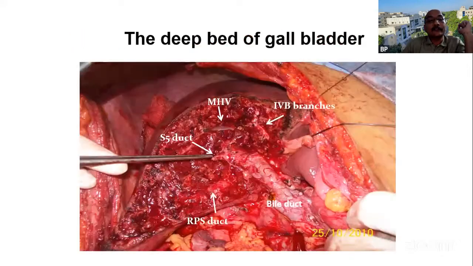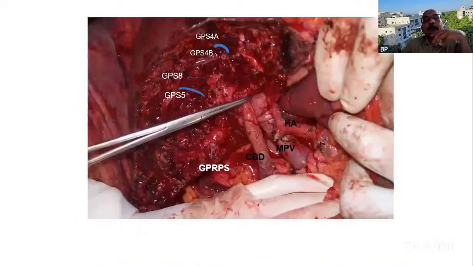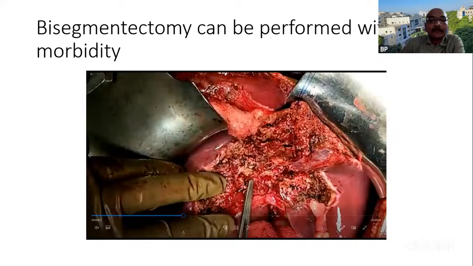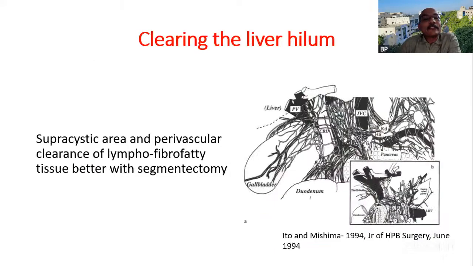So this is what we do in bisegmentectomies, and a proper bisegmentation. So how much anatomical exposure is needed to achieve an R0, to achieve a negative margin in the segment 4B front, is not very clear as of today. But what we know now is you can go more into the liver, you can perform bisegmentectomy with less morbidity and almost nearly less than 3% mortality. So this is going to be a safe surgery in future.